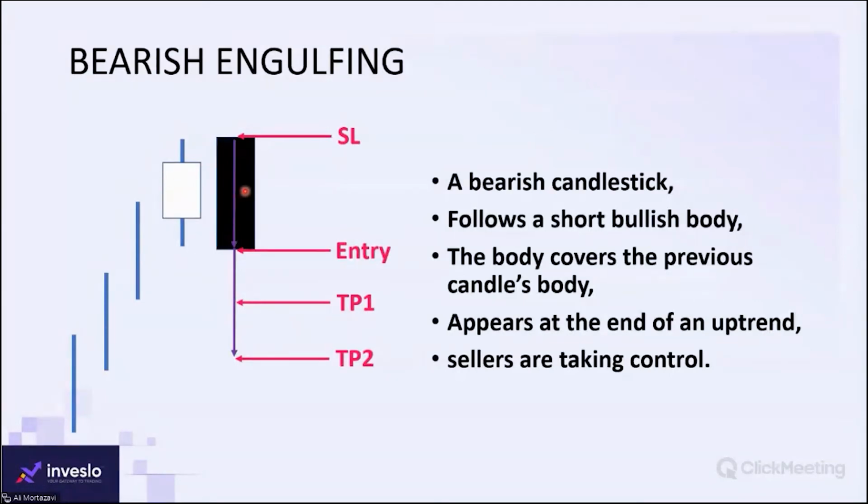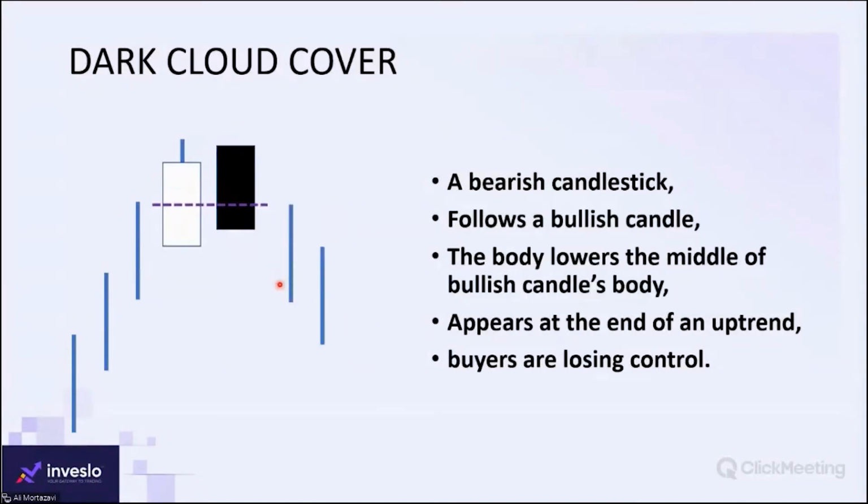So in that case, we can manage to have our take profit levels maybe with lower reward to risk ratios. For example, at half of the length of this bearish candlestick, we can manage to close part of the position or hold it. And then dark cloud cover is not